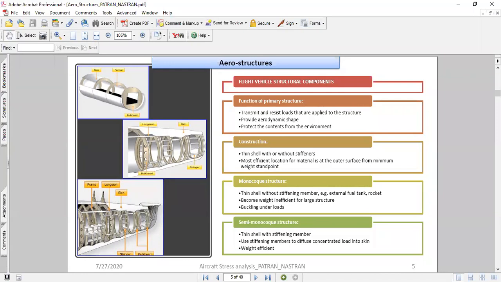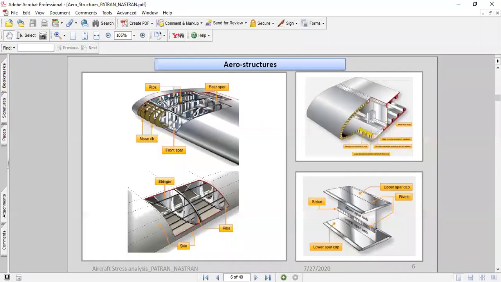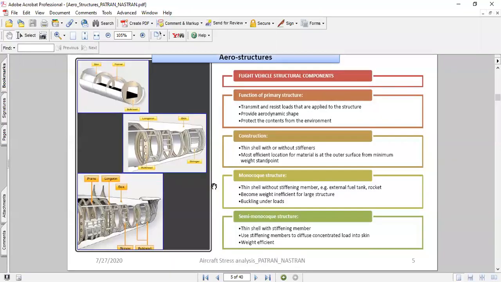The monocoque is just the shell member without any stiffening members, whereas semi-monocoque is a panel with stiffeners. Imagine a stiffened panel, a plate with stiffeners. The best example would be the wings. To idealize, on my next slide I have put down some pictures.